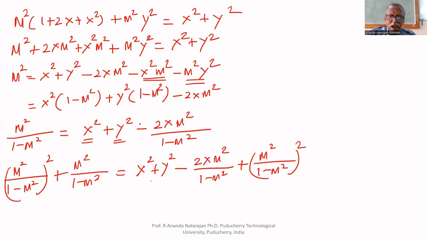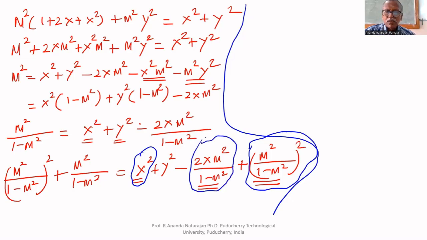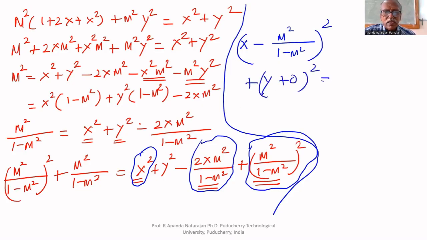So if you consider this and this together, what you will get is (x minus m square upon 1 minus m square) whole square. You will get x square, you will get this square, minus 2x m square divided by 1 minus m square, plus (y plus 0) whole square equal to